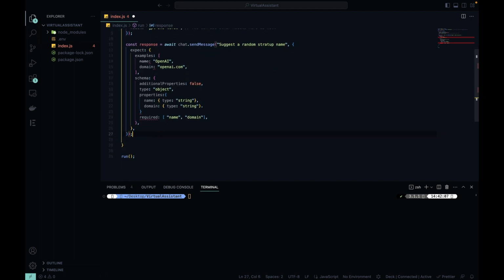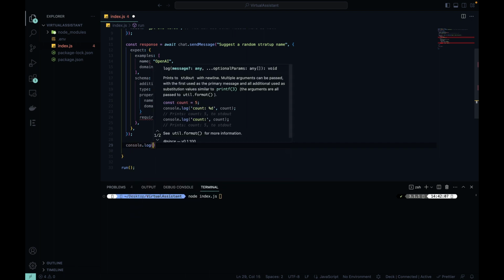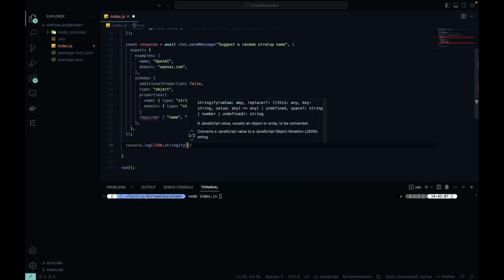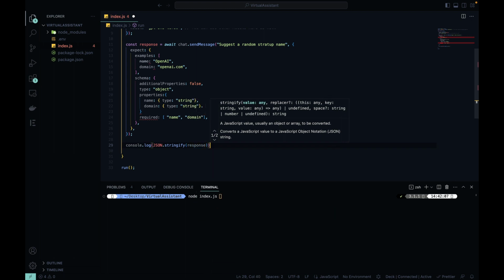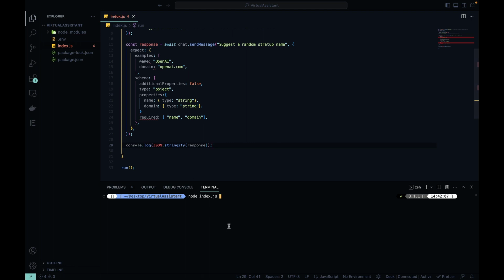Now, if I just save all this and run node index.js, and actually let's put a console log here so we can print the response. So console.log JSON.stringify my response. And now save, and if we run this,